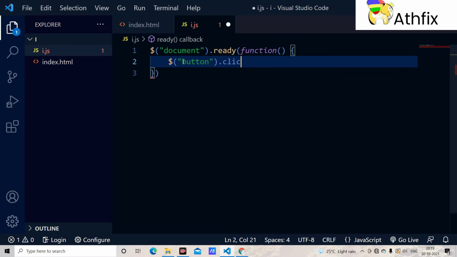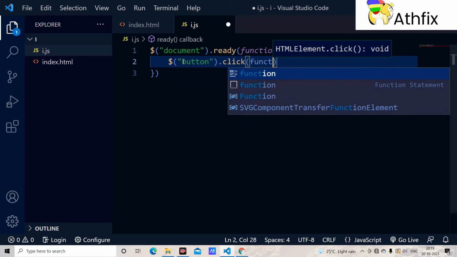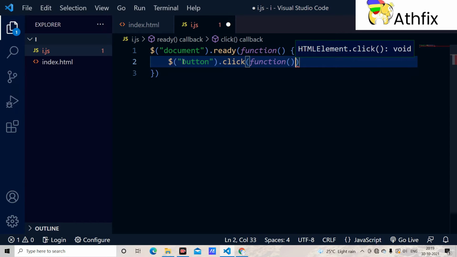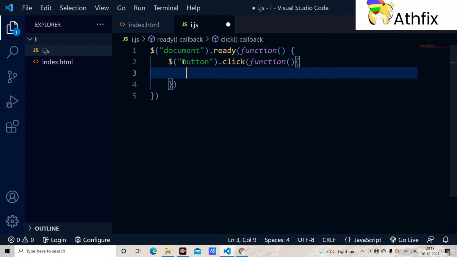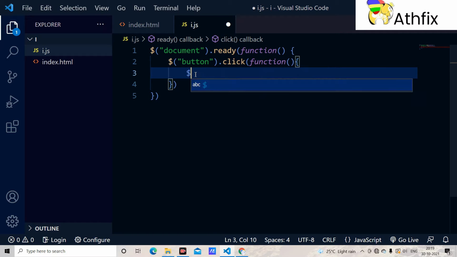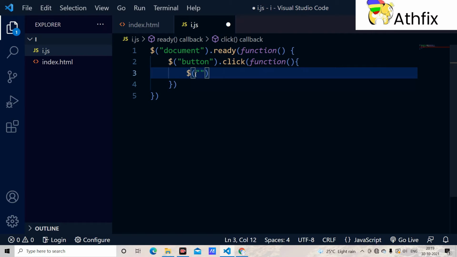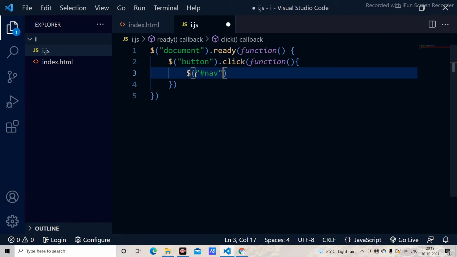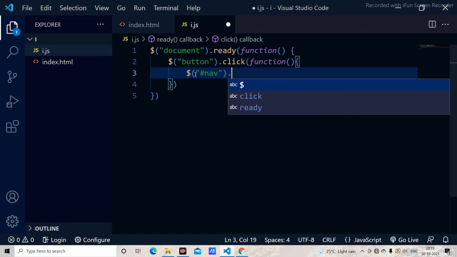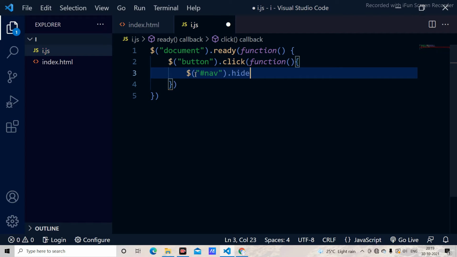And whenever the user clicks, it is going to push a function to execute. This is the function in which I am going to select the now, hash now, and whenever the user clicks that event, it is going to hide that. I'm going to make an event in which if the user clicks the button, it is going to hide that navigation bar.